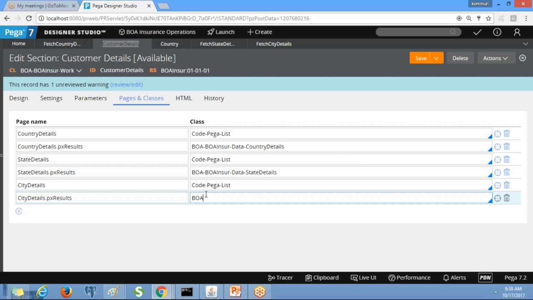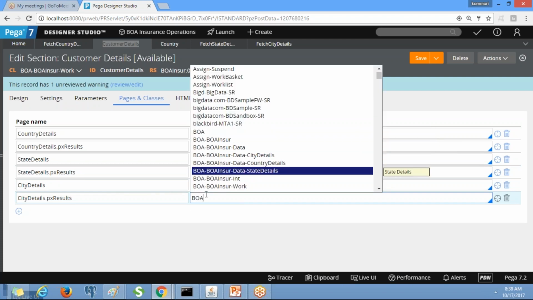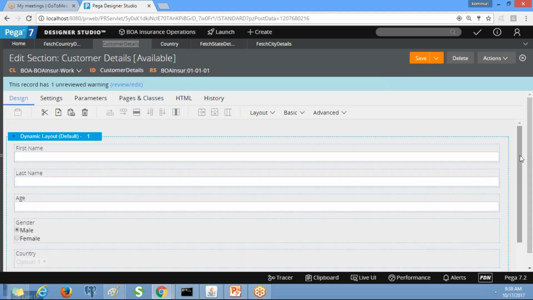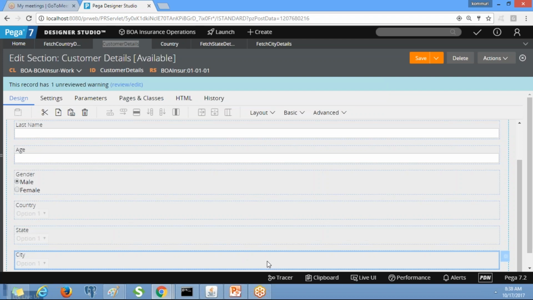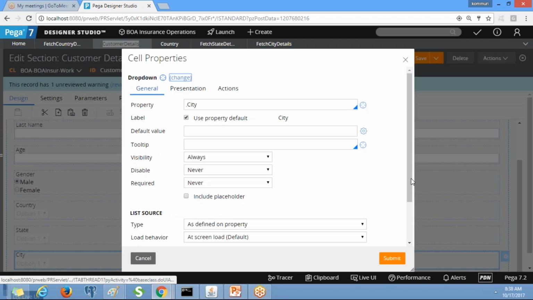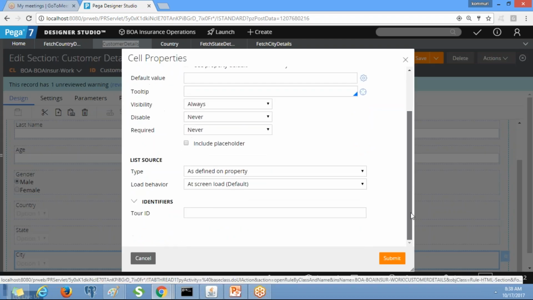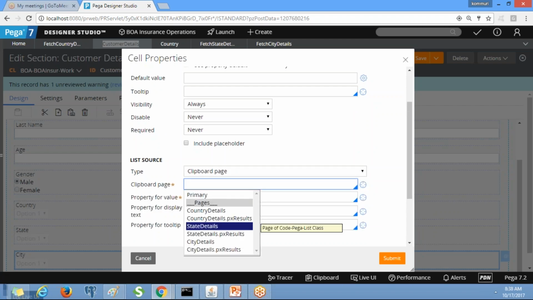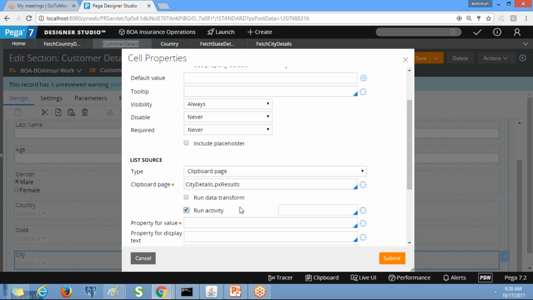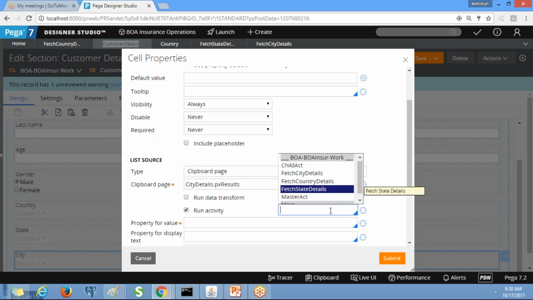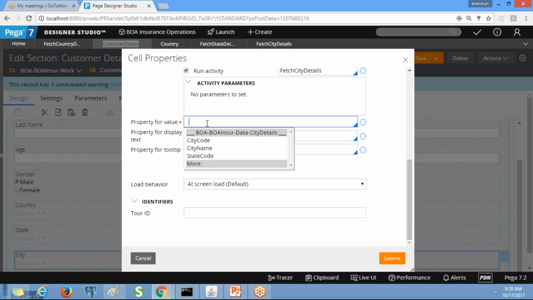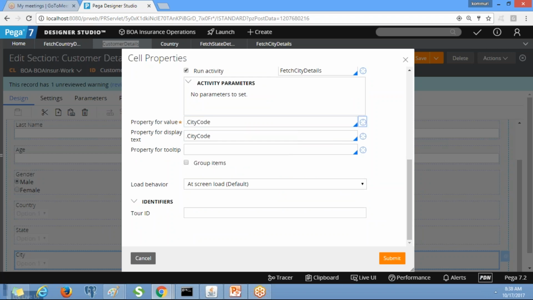Here we need to give the city details data class. City, clipboard page, city details dot text limits. Here we need to select the city details fetch activity. Property for value is city code. Property for display is city name.